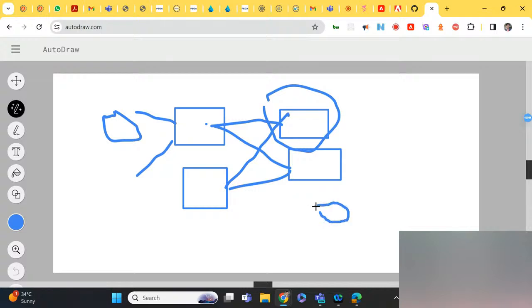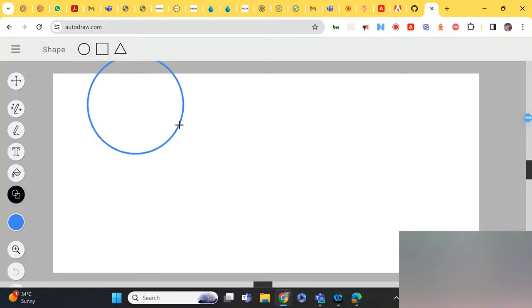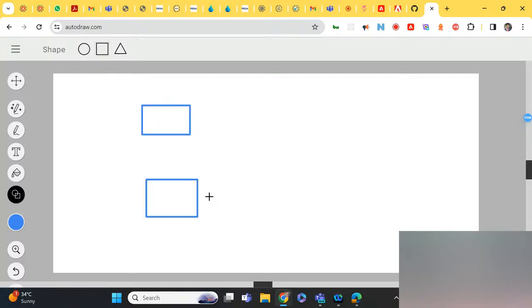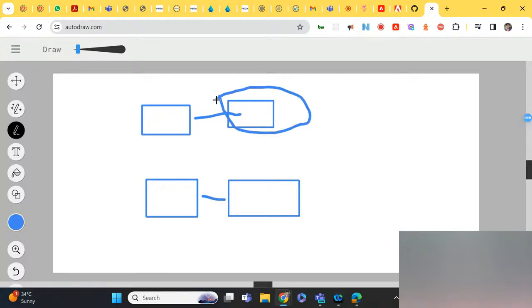Let's take dispatcher one, dispatcher two, publisher one, publisher two, with dispatcher one connected to publisher one and dispatcher two to publisher two. If we are deploying and keep this one off, the request will always be served by the other path.